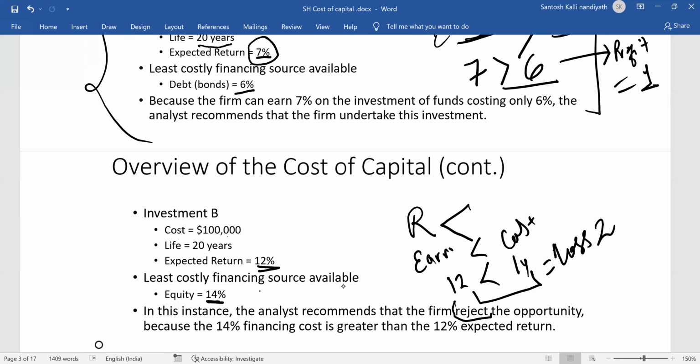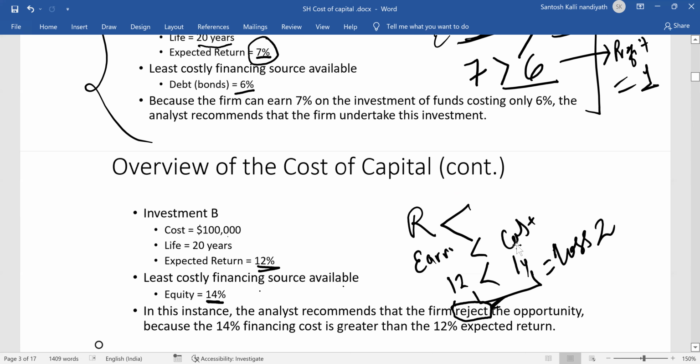Are you understanding why we'll reject it? Because it is not good. You don't like to lose your money, no one likes it. Correct? If you are investing $100 anywhere, you should get $100 back benefited. The $100 should not reduce to 90 or 80. That's why we will reject it.